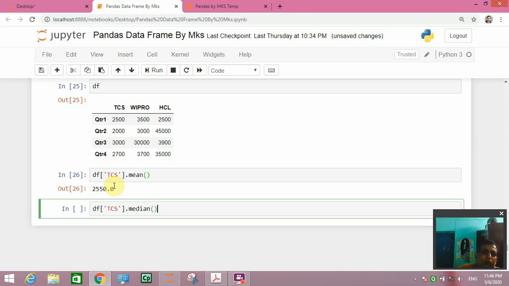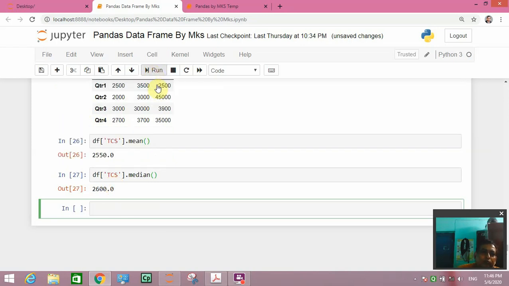So it will give the median. And df square bracket single quote TCS dot mode.